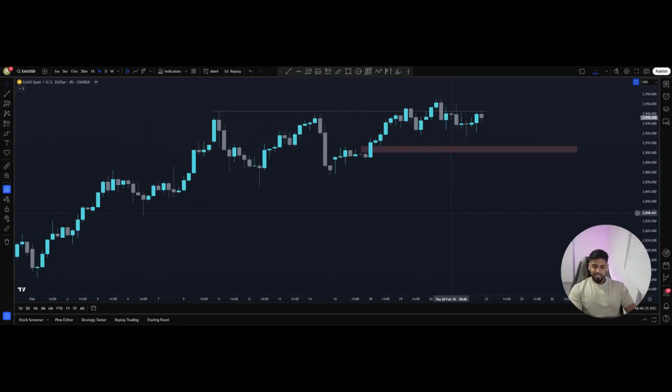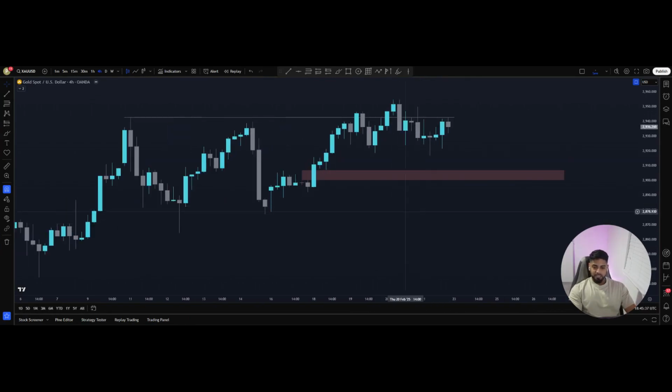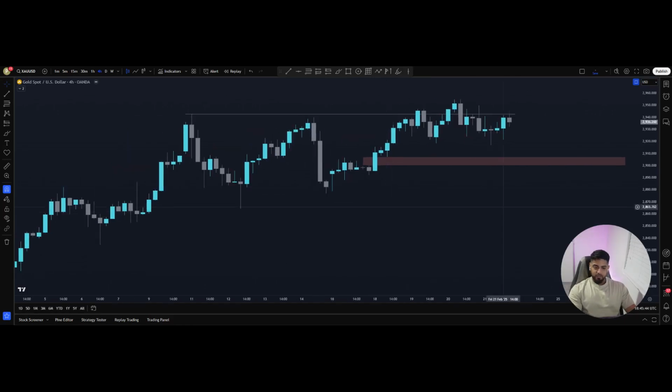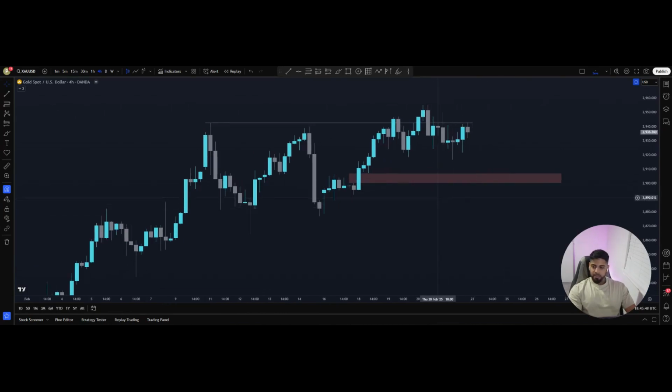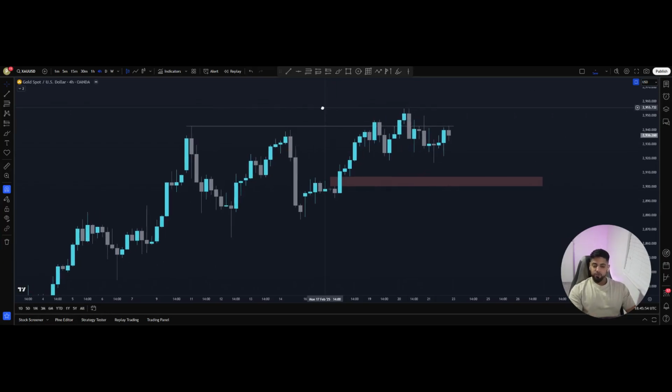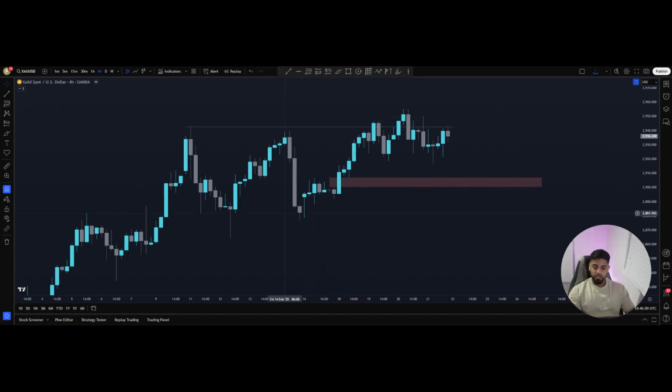Now, taking this based off of the swing trading strategy that I teach inside of my course, let me give you guys a trade that I will be taking myself. Now, this is more of a swing trade. It's not something that I'm going to be sending inside the signals group because the signal group is pretty much just daily trade setups, right? This is a swing trade that I will be taking on my own personal setup, but I can see it